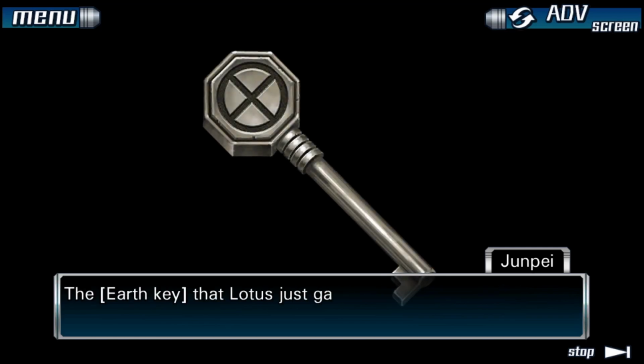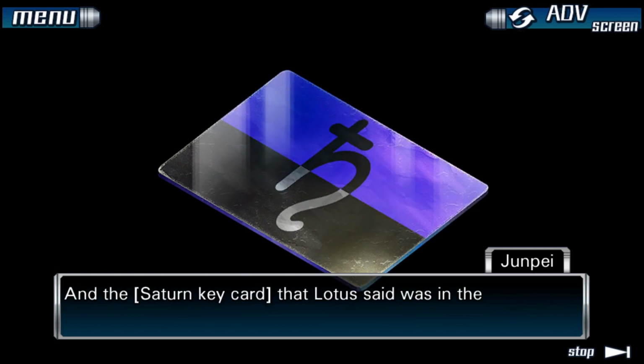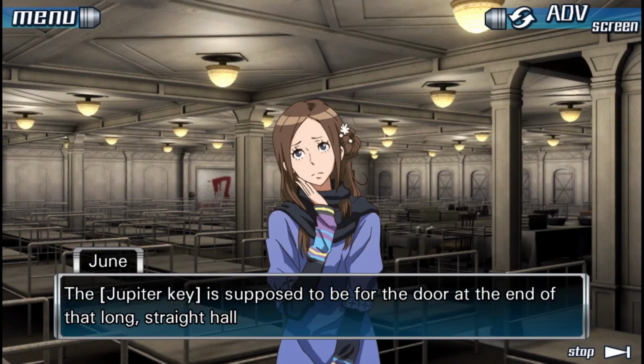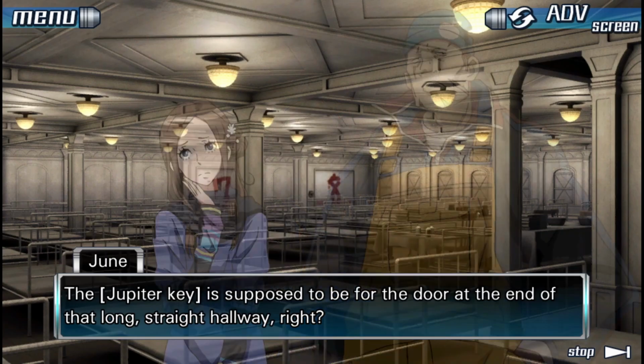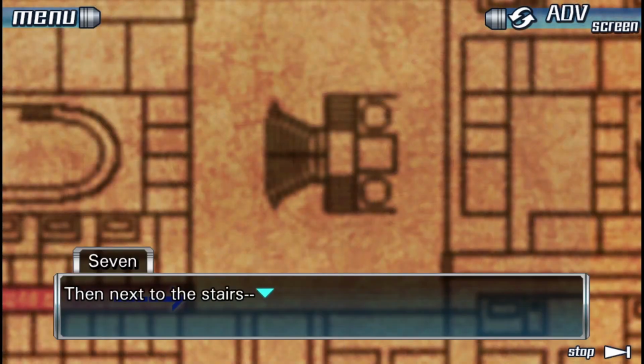The Earth key that Lotus just gave me. And the Saturn key card that Lotus said was in the kitchen. The Jupiter key is supposed to be for the door at the end of that long, straight hallway, right? Yeah. If the map's right, then it connects to the central staircase. Then, next to the stairs...